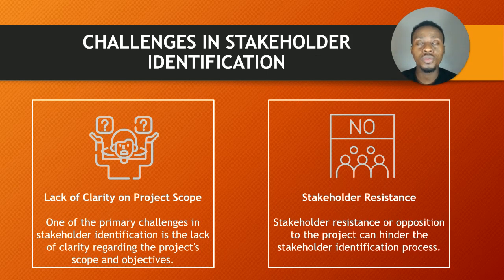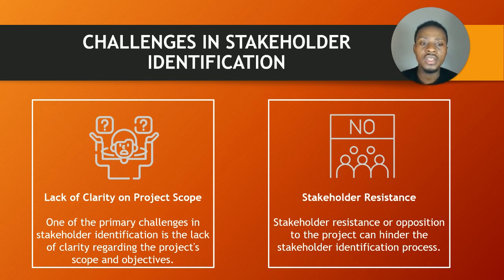Now, inasmuch as we've spoken about the good part of stakeholders, identifying them, the significance, the goal of what they come onto our project to contribute, it is also good for us to know that there are challenges in identifying stakeholders. It is not always easy. The first point on the list is lack of clarity on project scope. When there is lack of clarity on project scope, it makes it even more challenging to identify the right stakeholders